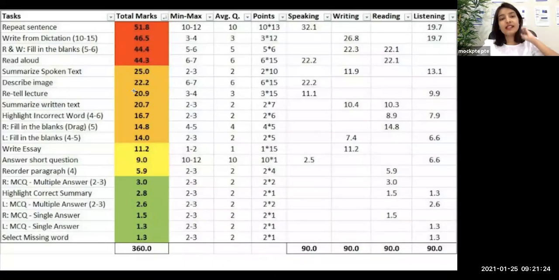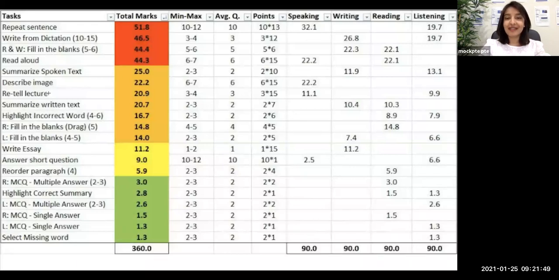All right, so as you can see in the scoring distribution table, we had already talked about this in another video, how to look at this table, how to use this table. So this table distributes all the 20 types of questions in PTE based on total marks, from highest to lowest. So today we are going to talk about the item called Retell Lecture. So that would be 1, 2, 3, 4, 5, 6, 7th.